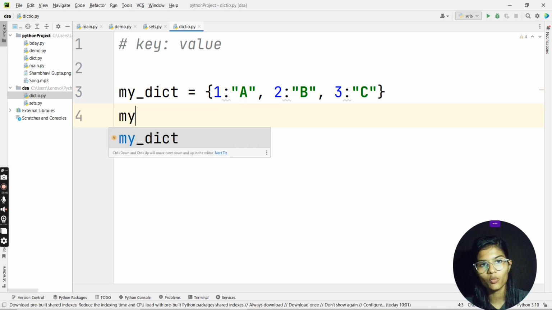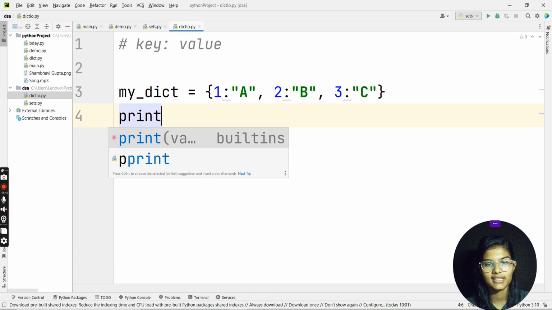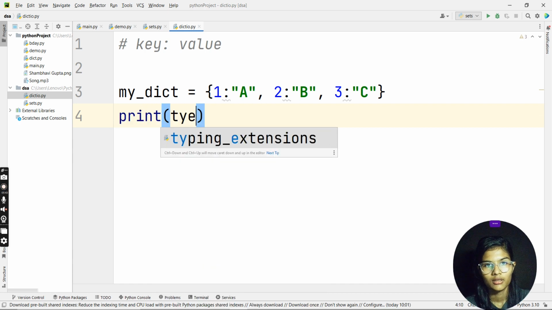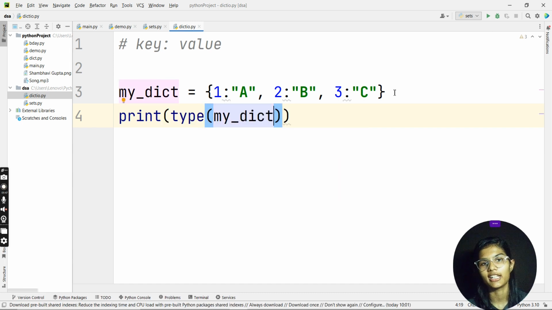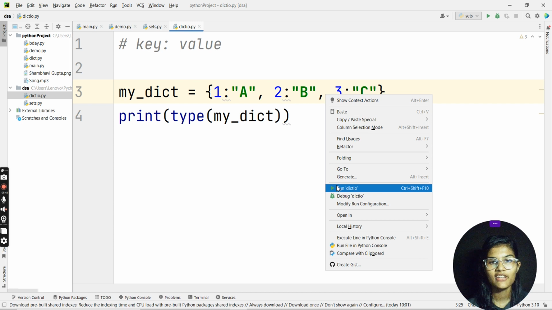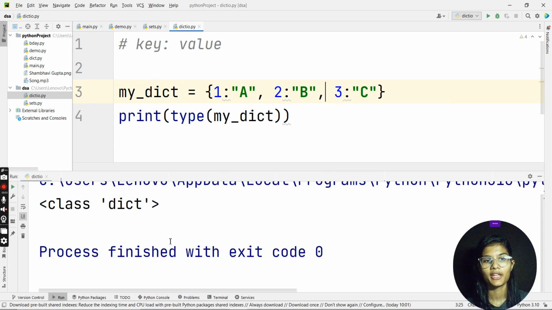So now I just want to check what's the type. So I'll just write the print statement, type, and in the bracket I'll write my underscore dict. And it's time for running my program. So see what I got: for this particular variable my underscore dict, the type is dict.